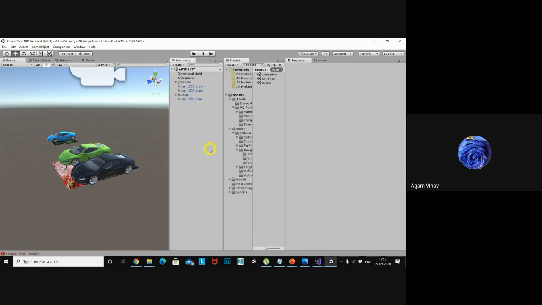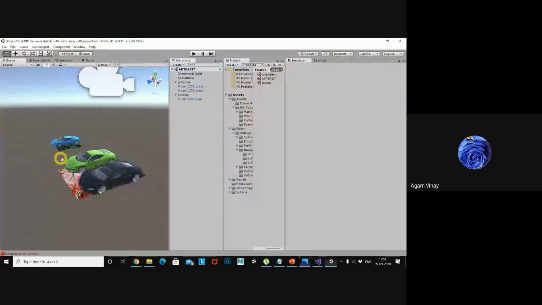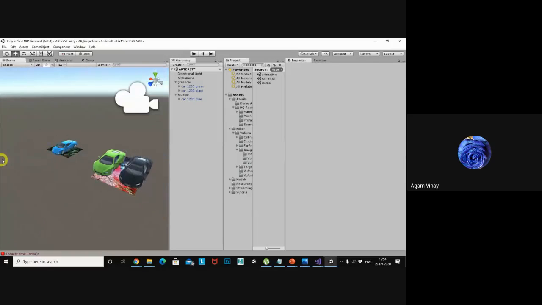Once testing is done, I will share the APK and trackers. My tracking images are these two, this one and this one. I'm installing it on my mobile.